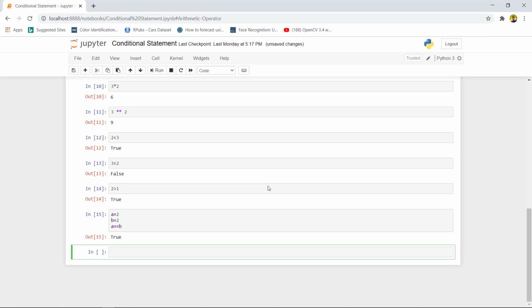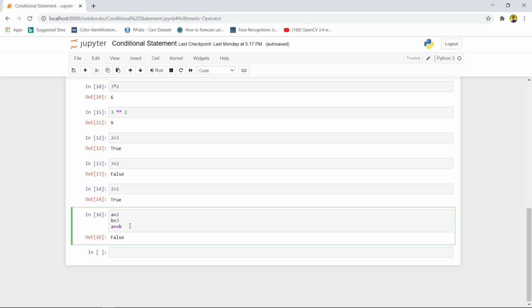It will give the output true. If we change the value to b equals 3, now the compiler will give the output false. There is one more operator, which is the not equals to operator. It will check a does not equal b, then the output is true.